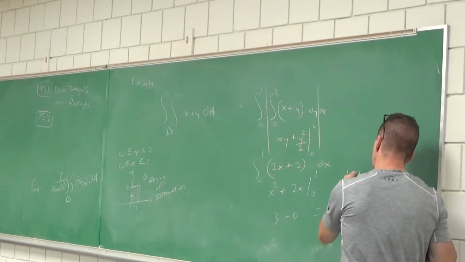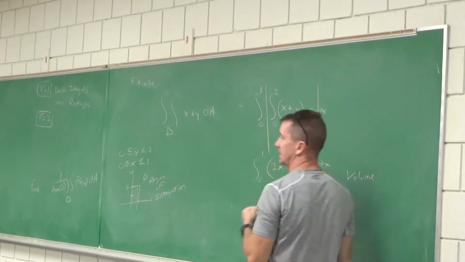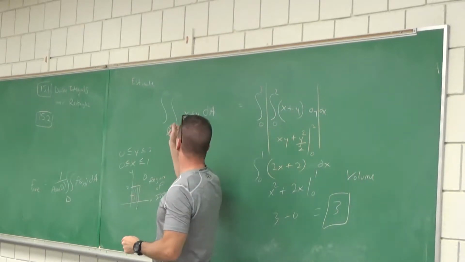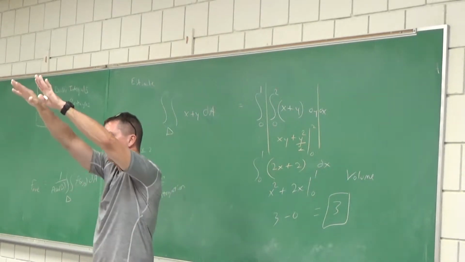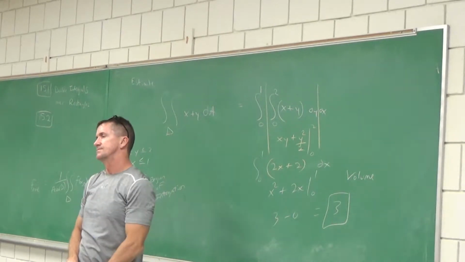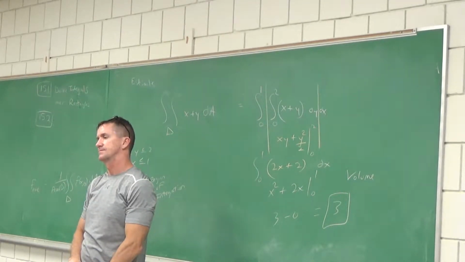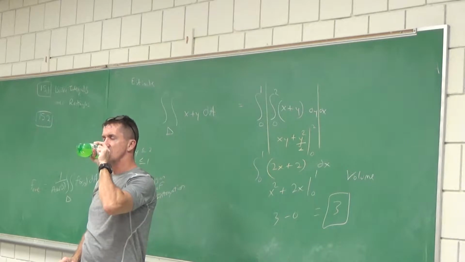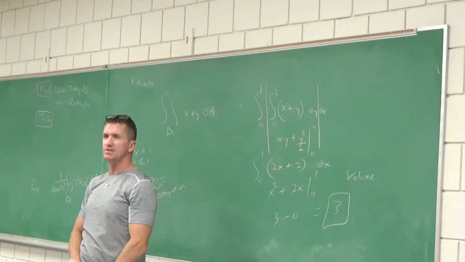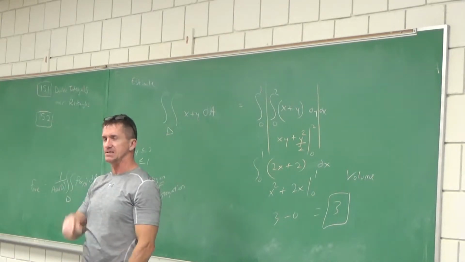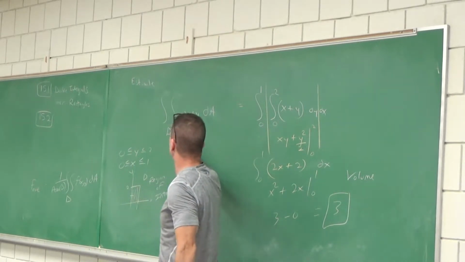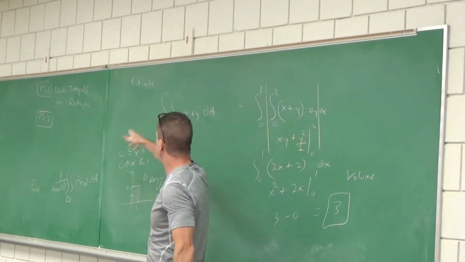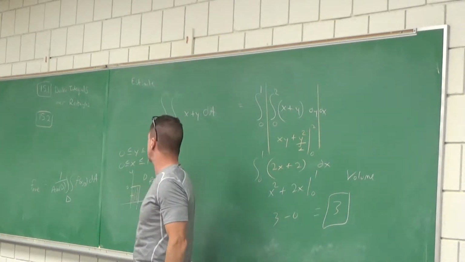Volume. If they come out negative, you and I know that over that region, all those numbers are solid, that plane's above it. So again, what did we just find geometrically? We found the volume underneath the surface z equals x plus y, over the rectangle region,